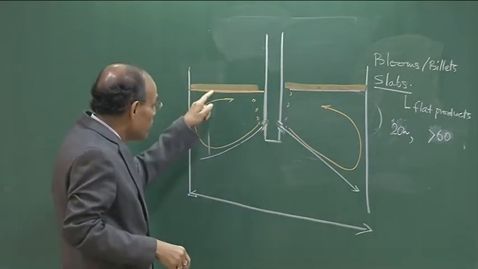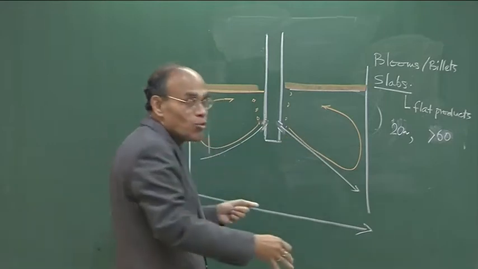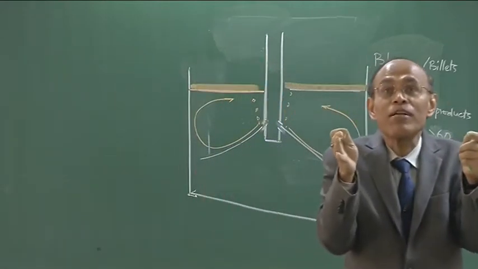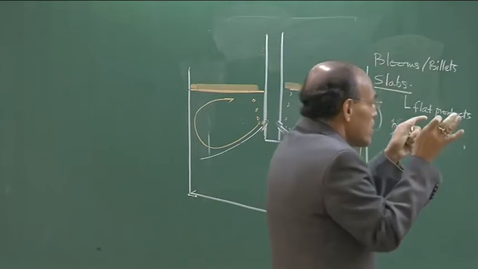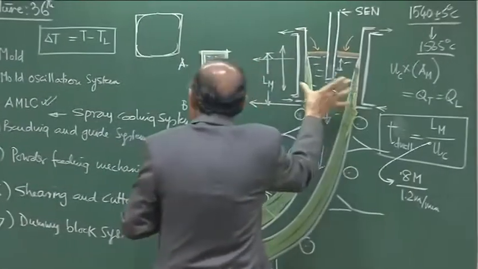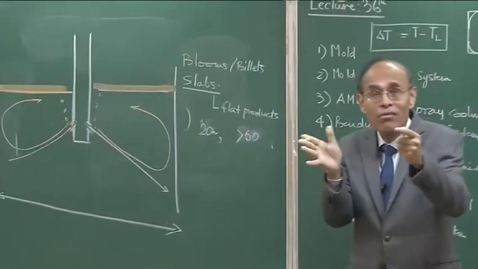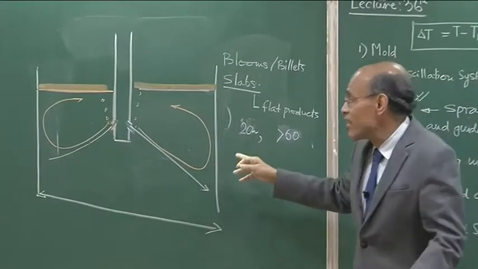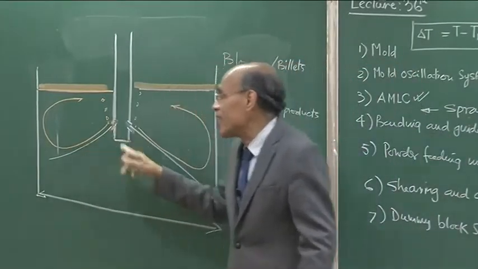So, this is not an important issue in the context of bloom casters, because the blooms have rectangular or square cross sections, and these distances are barely 200 mm, which is equal to the thickness of the slab itself. But the real problem comes on the wide faces, which are far away from the ACN, and there